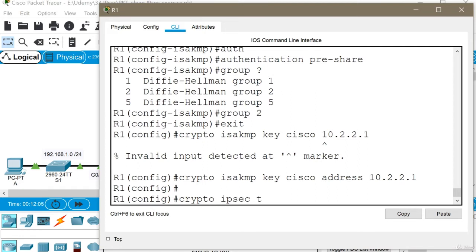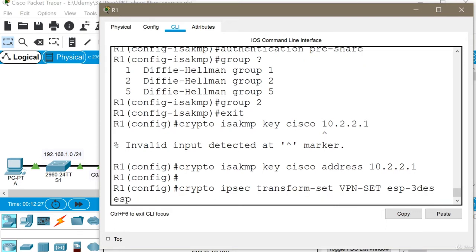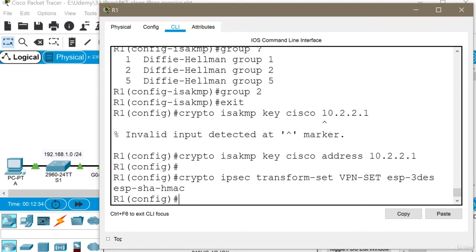Crypto IPsec transform-set, and this is the name, so this is the string, you can say whatever. I'm going to name it VPN-SET, and I'm going to say esp-3des. Here we're obviously choosing some protocols and encryption algorithms and hashing, and I'm about to explain that, just hold on. And I'm going to say esp-sha-hmac. No errors, thank God. Okay, this command